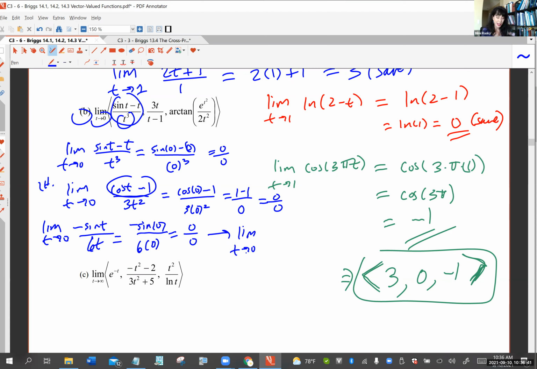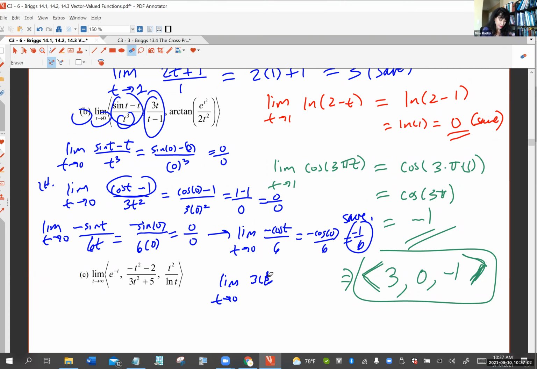Okay, the derivative of minus sine, I believe, is minus cos. The derivative of 6t is 6. Now let's use direct sub. Okay. Finally, I get something other than 0 over 0. -1/6. Okay, save that for later. Okay, take the limit as t approaches 0 of, oops, the middle component now I'm doing, which is